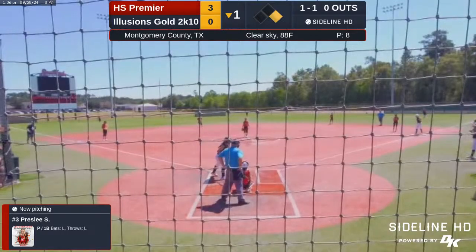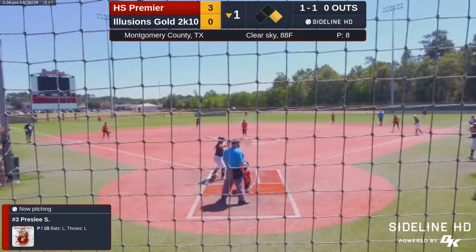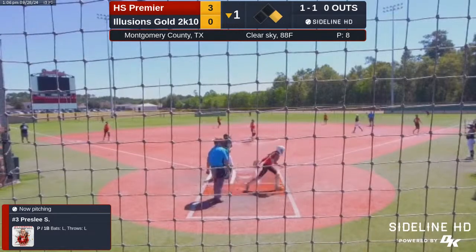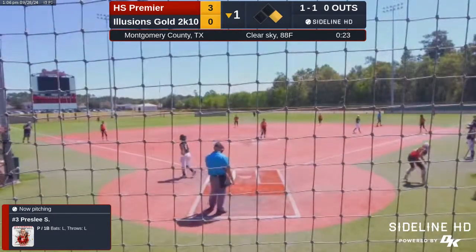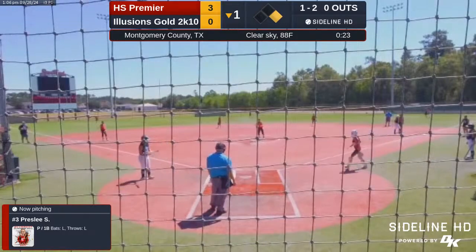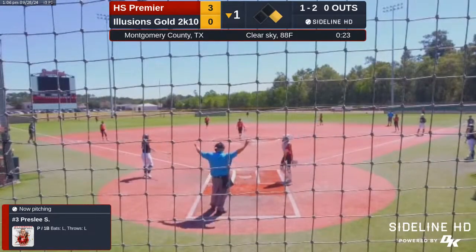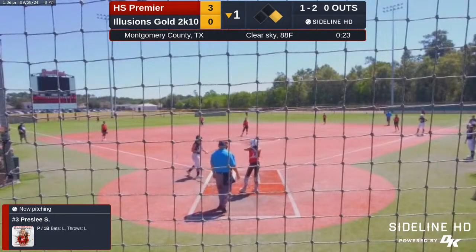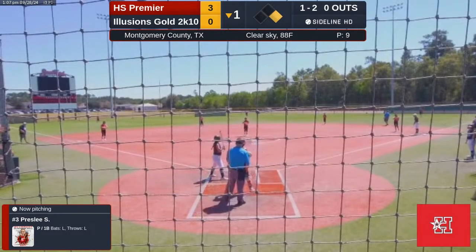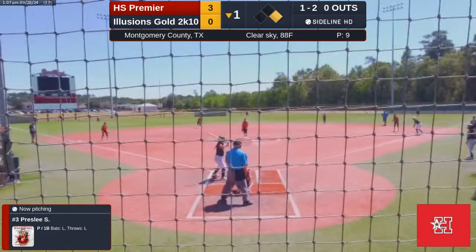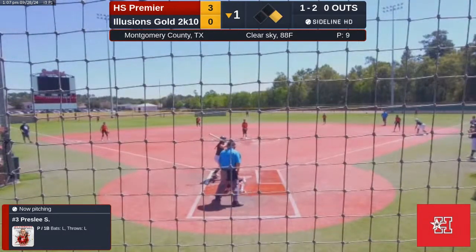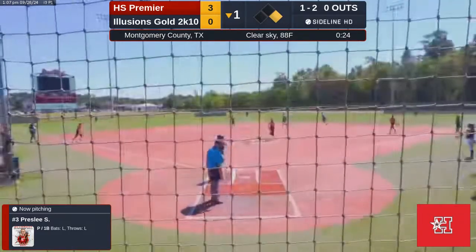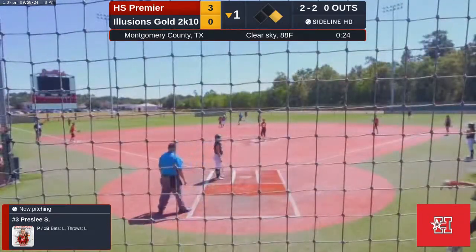Early in this game, I've got about 23 minutes on the clock. 75-minute game. There you go. Pitches foul back, 1 and 2. To the backstop, the runner's going to be to second base.